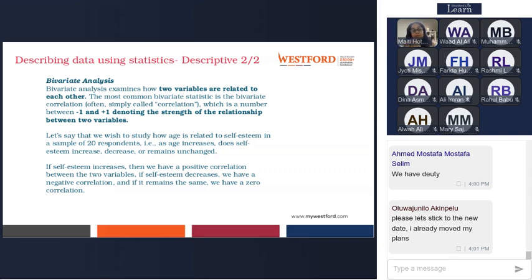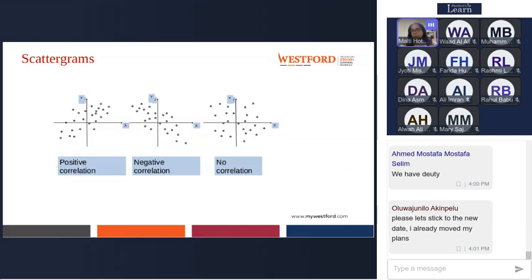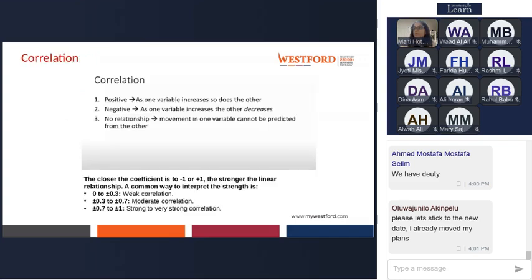This can be presented in this format. An upward moving curve is positive correlation. A downward moving curve is negative correlation. And if all the data points are scattered, then it is called no correlation. So we can run a correlation test between two variables, let's say the salary and designation of the employee. You can run a correlation test, and whatever results come, you can interpret them.